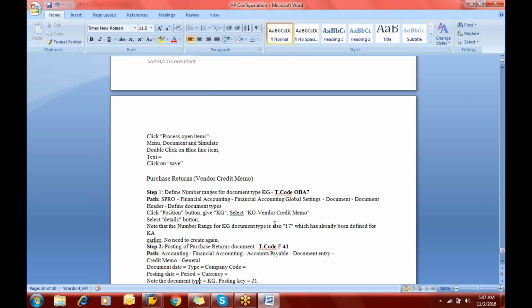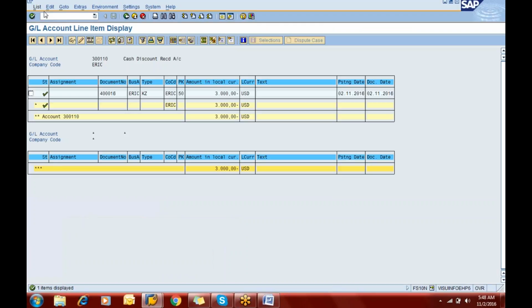serial number 17. So here we need to find out, under OBA7, through which we can maintain the serial number for the document type, whether we have this 17 serial number or not. So here it is saying that this serial number is already there, so you don't need to create it again. Why? Because the same serial number we maintain for the K8 document type also. So that is the reason we don't need to maintain it again for the document type